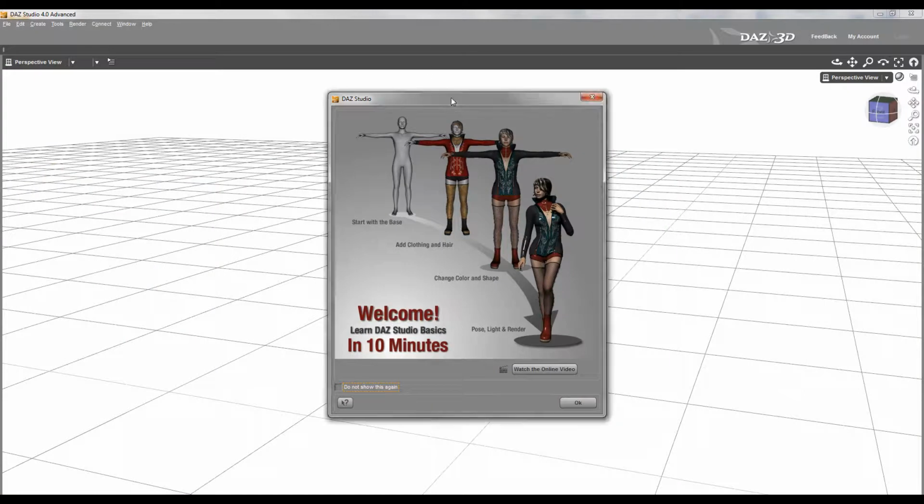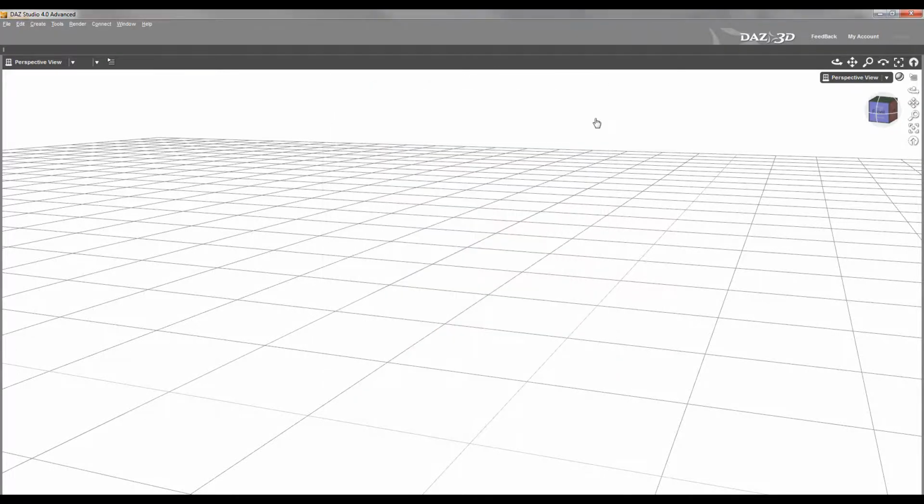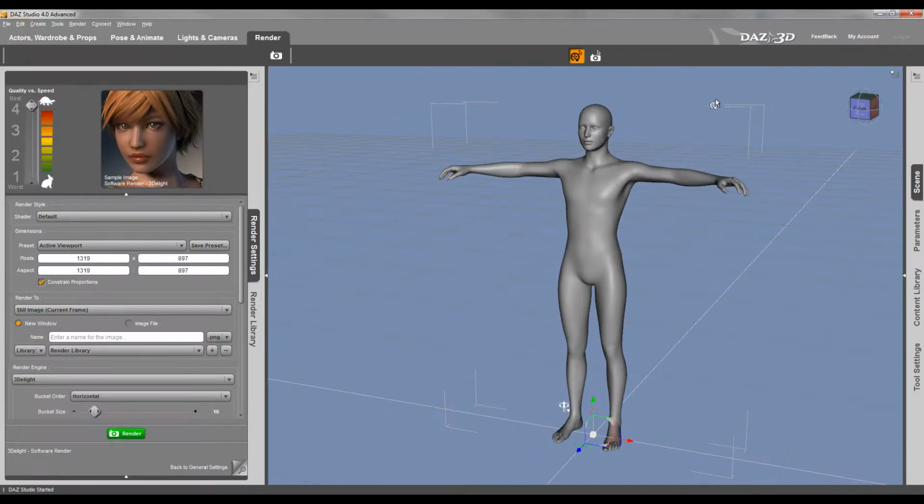After Daz Studio is loaded, you'll notice the first screen comes up. It is a welcome screen and it's showing some easy video tutorials. So if you have any questions or you want to know how to start working in Daz Studio fast, you can always watch these tutorials. They go over a very basic scheme of how to set up your models very quickly. To access them, you can click watch online tutorials. If you don't want to see the screen next time when you start, you can check the box do not show this page and click OK. Next, it will start preloading. By default, it will load the Genesis figure in your